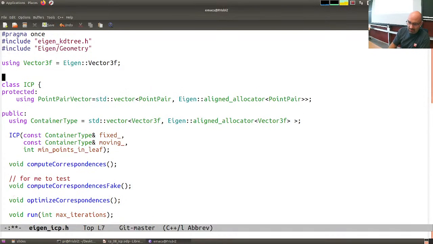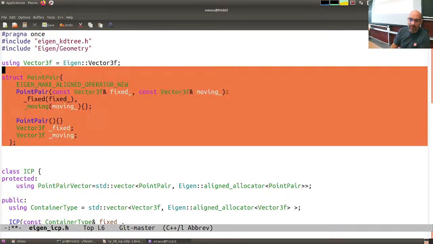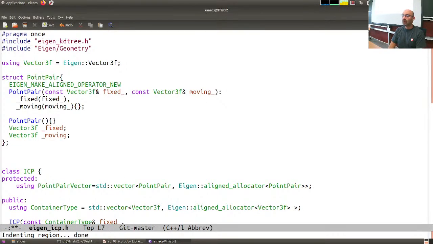It will contain a point that I call fixed and a point that I call moving. Okay, guys? It's not necessary, I'm just crafting it the first round. I could also put pointers to points. But also I know that, as I said to you about Eigen,